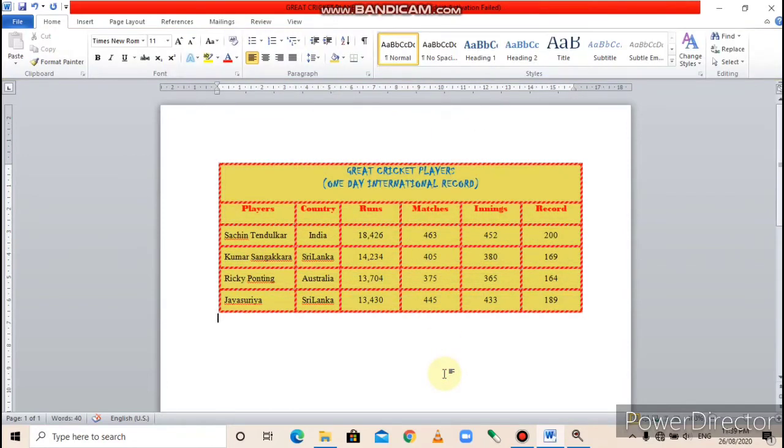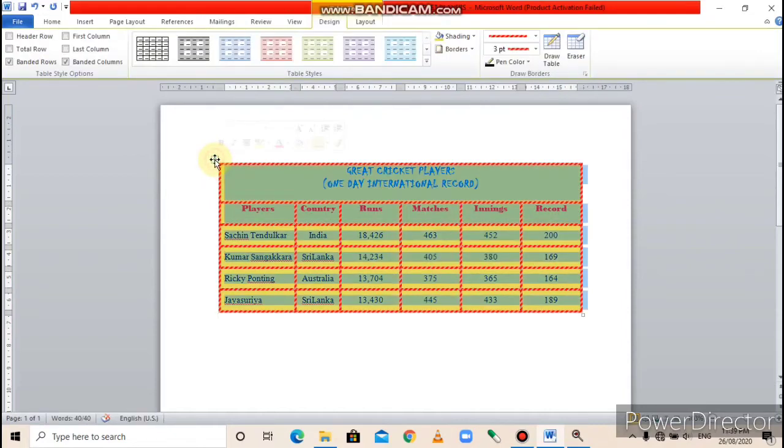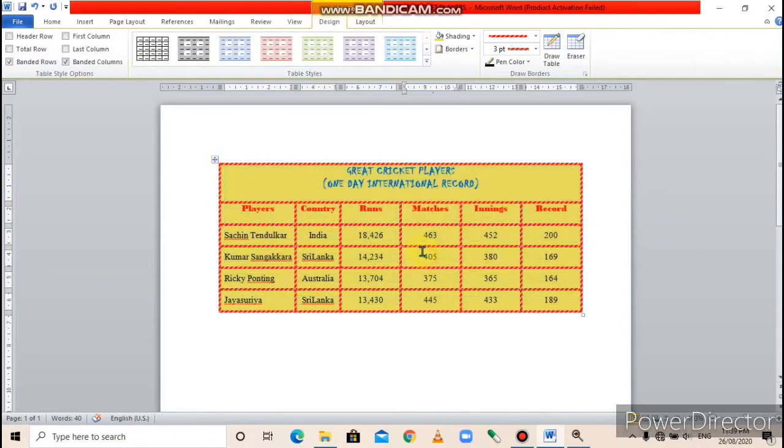Understood? Now applying table style, page number 50. Word provides many inbuilt table styles. Let us quickly change the border, shading, alignment and font in tables. We can change the table style also. The step is select the table or click anywhere inside the table. You can select the entire table with this table handle or you can click anywhere inside the table.